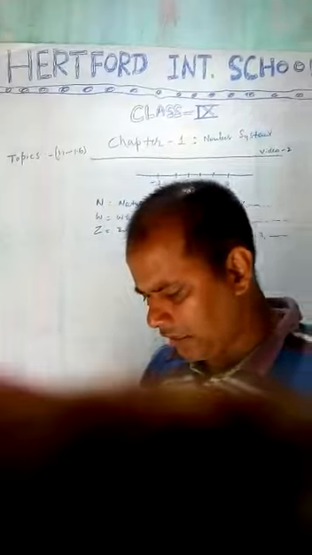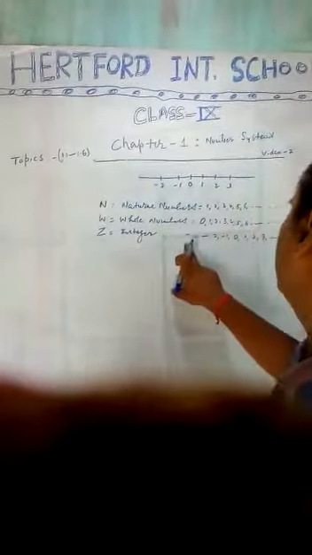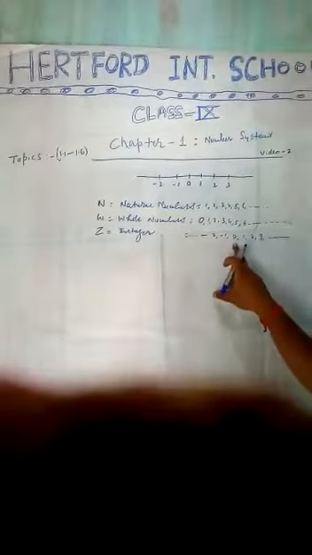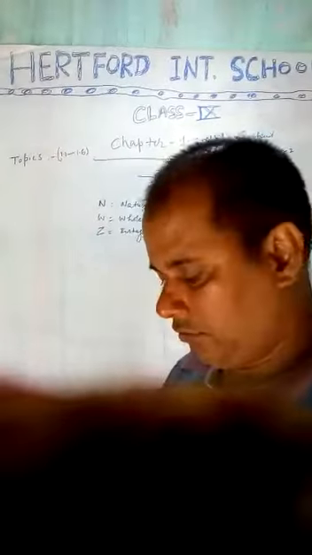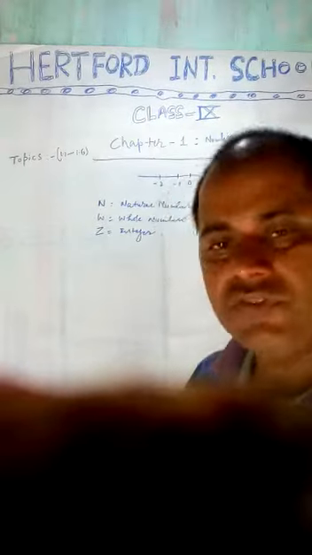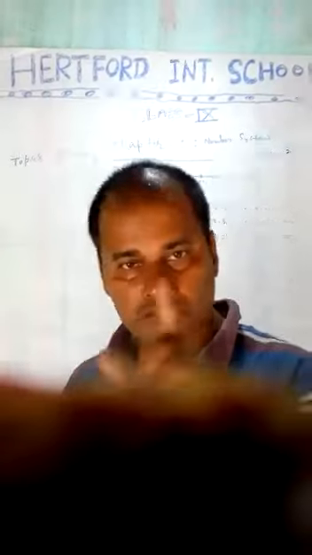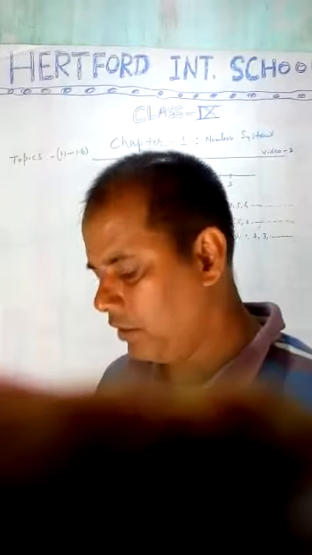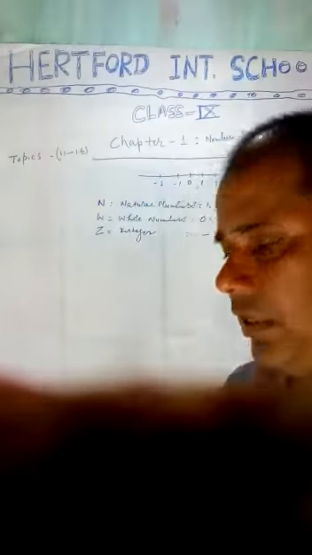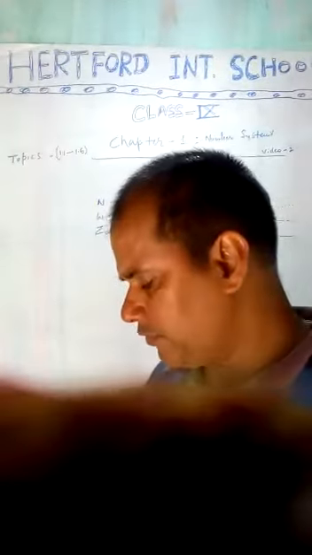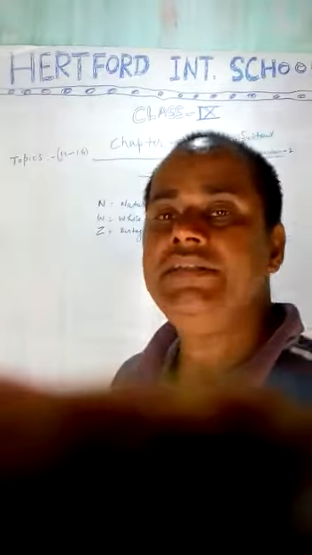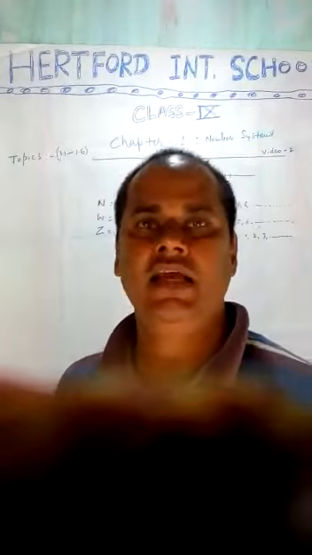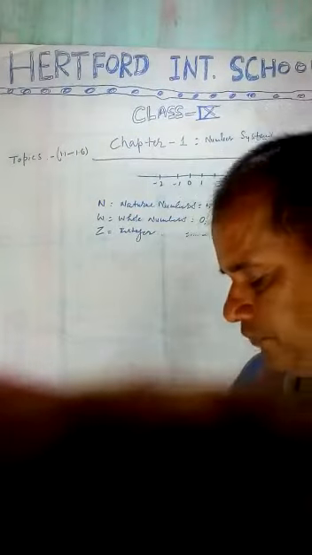So recall that this is the collection of all integers, and it is denoted by the symbol Z. All integers, that is the negative integers, 0 and positive integers also. See here, two boxes are there. One is written Z, and the Z comes from the German word Zahlen, which means to count.